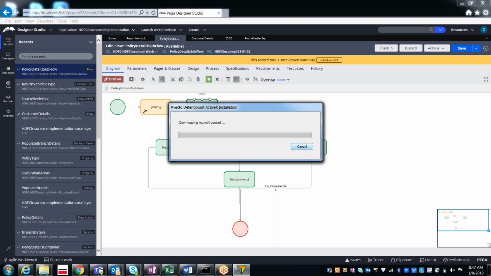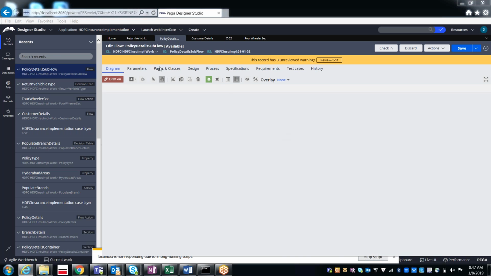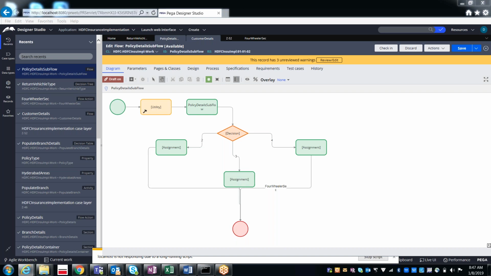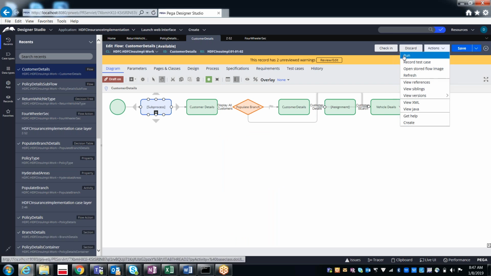Now if you run the flow, where exactly can we see this add attachments? Let me go through that. Customer details, actions, and then run.